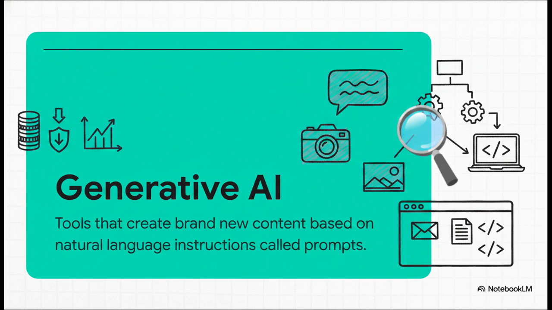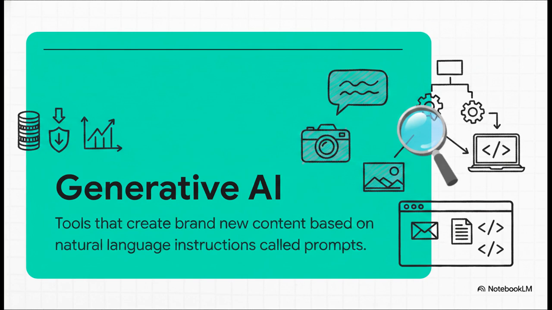But generative AI is entirely different. It creates brand new content, whether that's text, images, or even code, all based on natural language instructions called prompts. And unlike older enterprise AI, generative AI is incredibly accessible. Basically, anyone with a web browser can use it to draft emails, summarize huge documents, or write code without needing